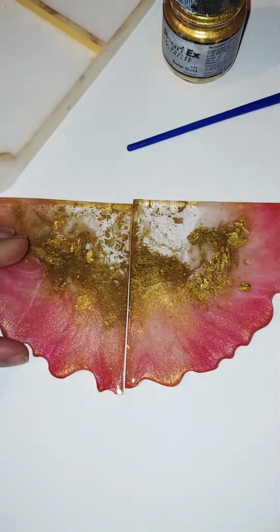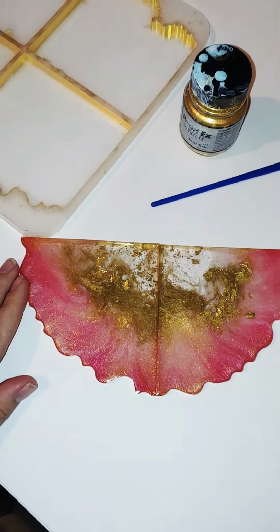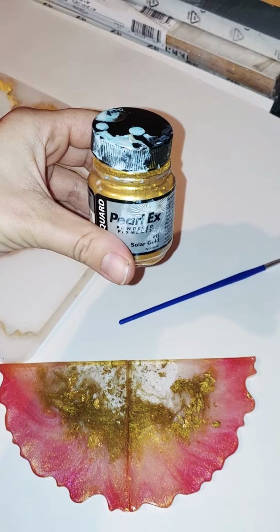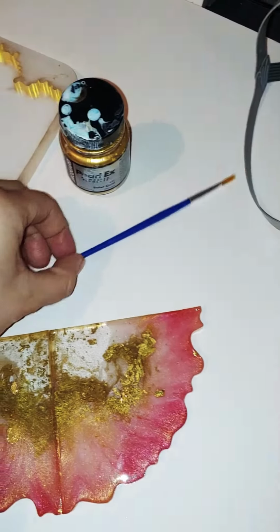I just want to give a quick tip about how I do my gold edging on my resin coasters. This is just one of the ways that I do it, and I use Pearl X powdered pigment in solar gold, a small brush,